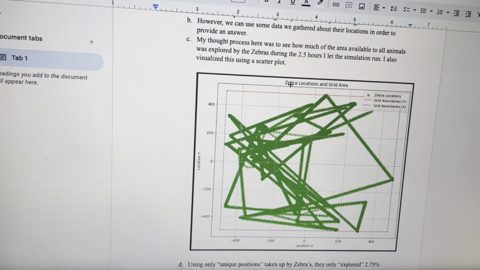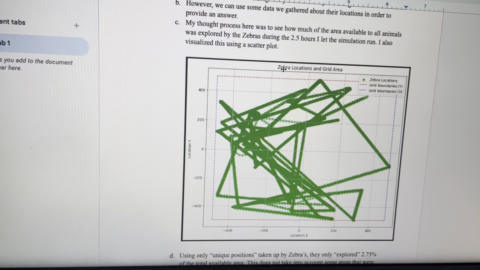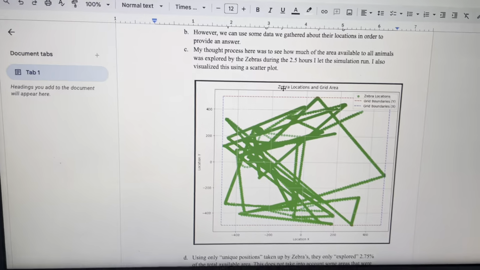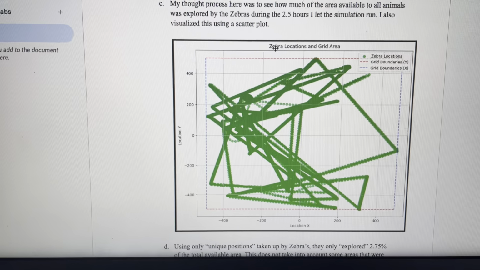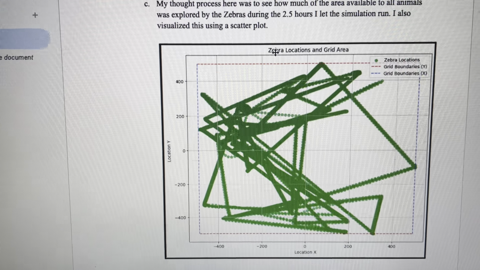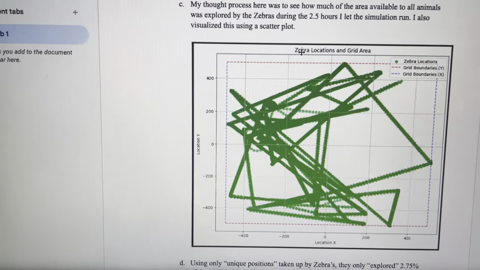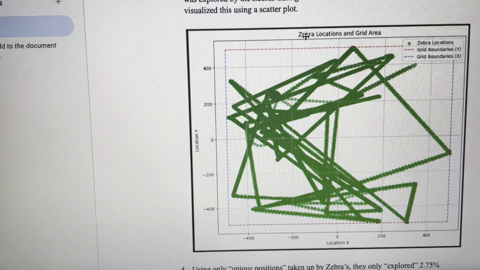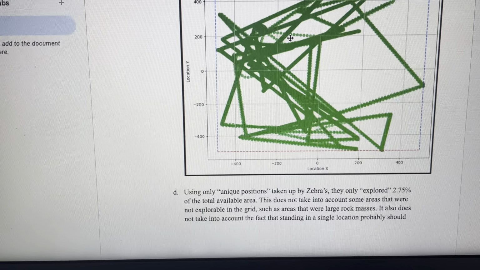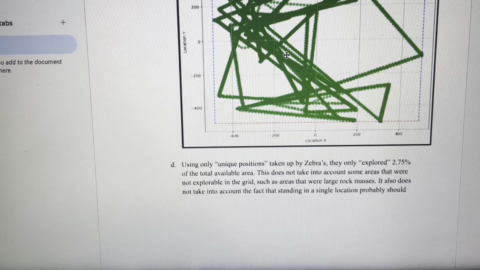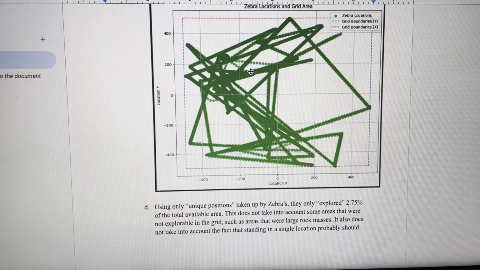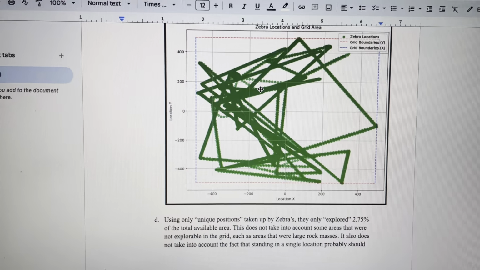So this doesn't say how much time was spent at each location, just for each timestamp, if that location was seen, then it was plotted on this grid. And then the grid was discovered by taking all of the locations seen by all animals, and then finding a minimum X value, a maximum X value, a max Y, and a min Y. So I thought that was a pretty good estimate to see how large the actual grid was. So using that information and then doing some math, you can see that only, according to this, about 2.75% of the total available